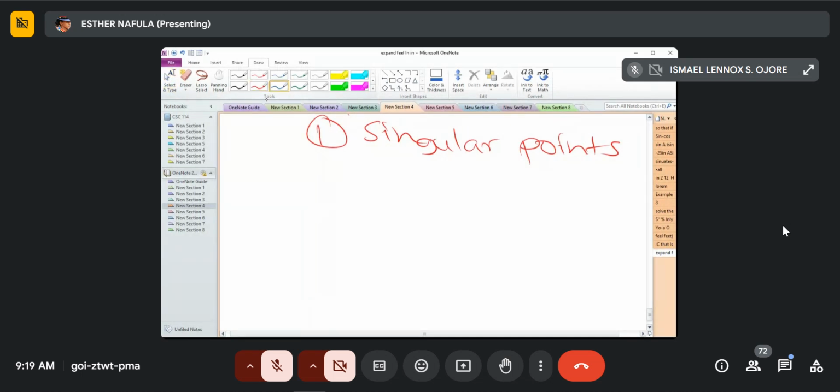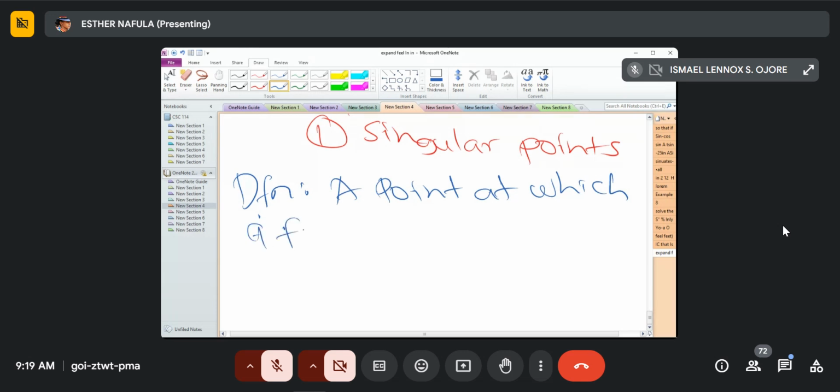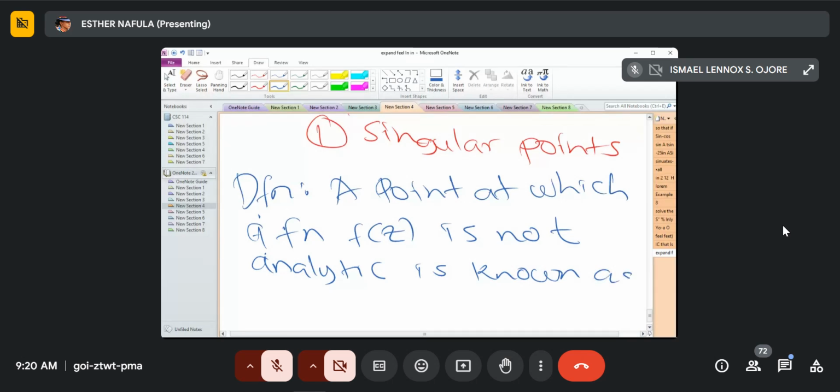You can always check on my speed. A point at which a function f of z is not analytic is known as